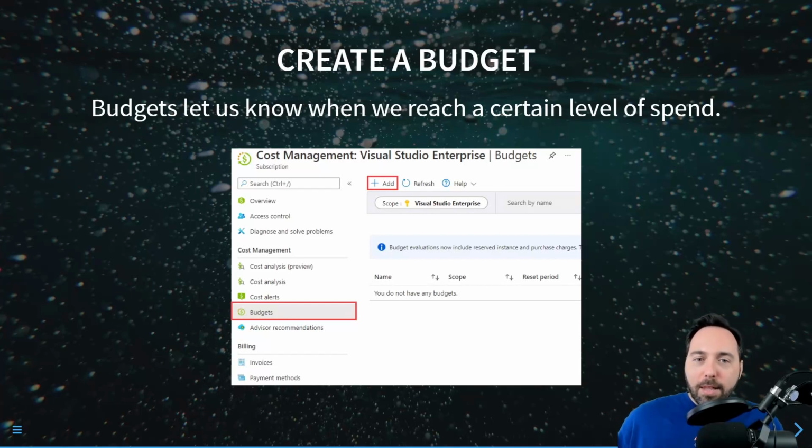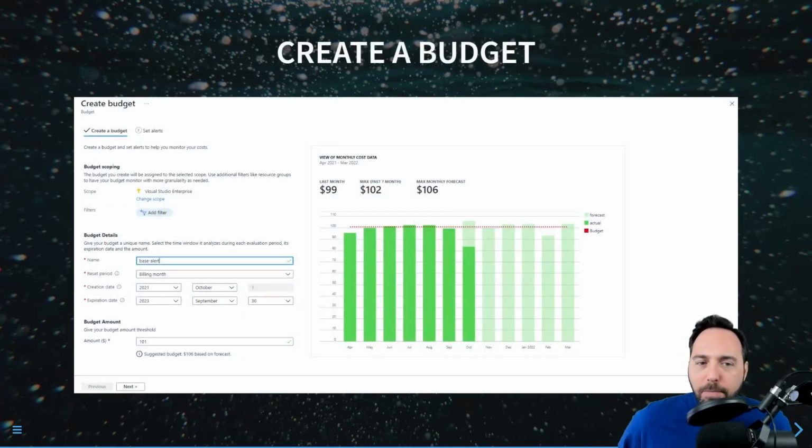With Azure budgets, they're not stopping you. They're instead alerting you when you reach spend levels. So in that cost management blade, you can select the budgets option from the cost management section and add a new budget. This budget, I have one here. It's a fairly simple budget that basically says, if I spend $101, I want to receive an alert. And so I'll get that alert if I spend $101. So we could see that in July and August, I would have received the alert. In September, October, maybe I'd receive the alert. September, no, did not receive the alert.